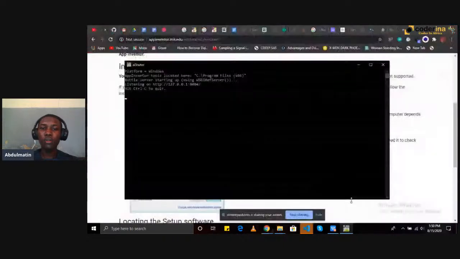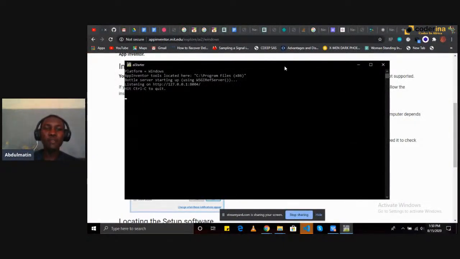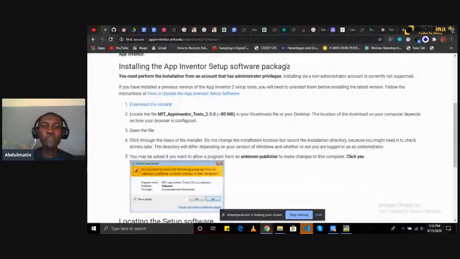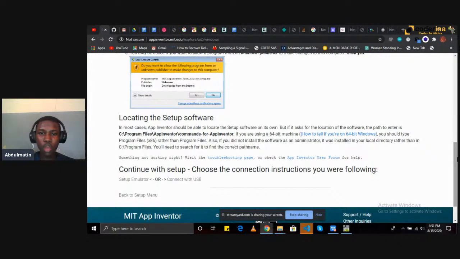So this is what we're going to get after installing the tool. After installing the App Inventor tool, this is what we are going to get. I hope you can see this. So, to download the emulator now, you have to download this first. So after downloading this, I've downloaded this now. So to get the emulator now,